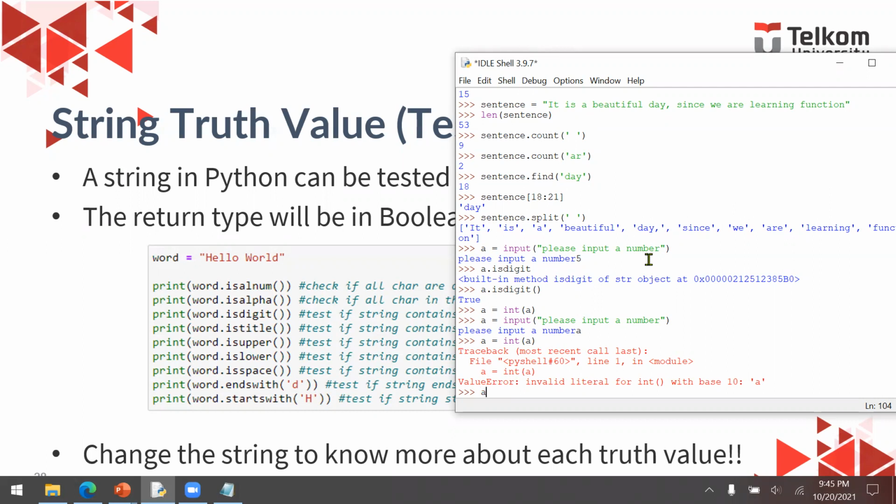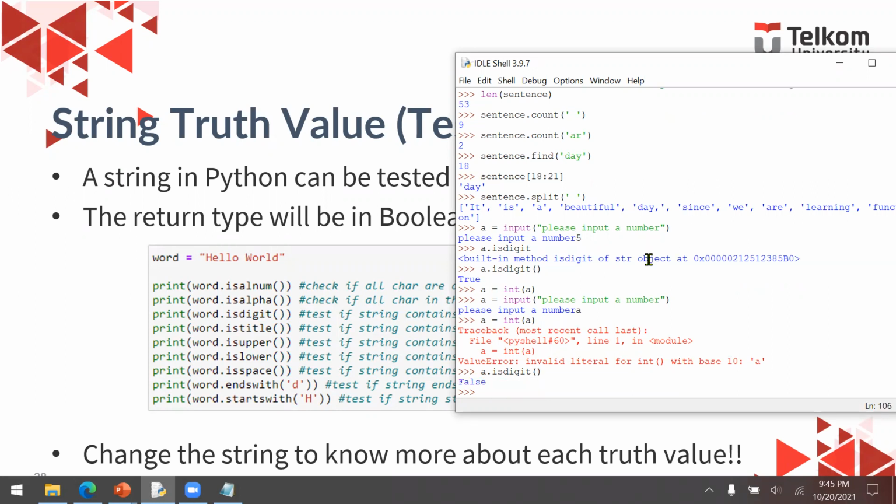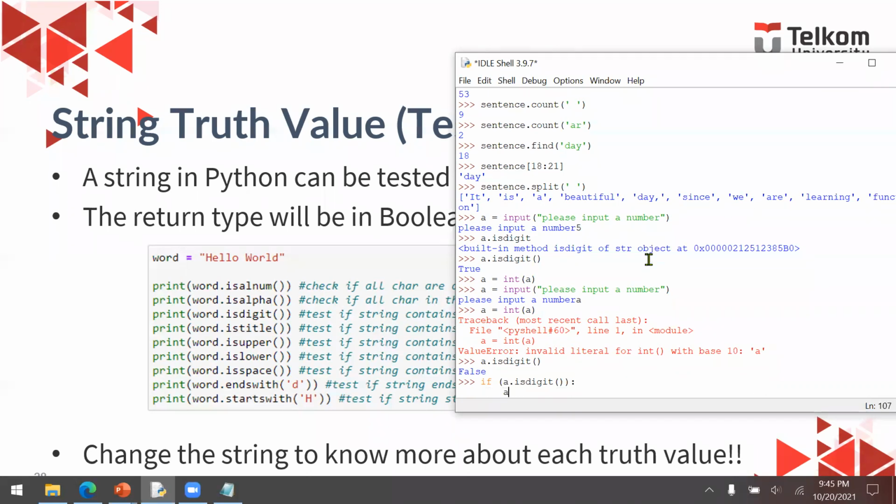So we can check A dot isdigit. If this one returns true, then we can safely use the casting integer. But if not, like in this case, false, then don't do the casting integer. So for example, like this, if A dot isdigit, then A, we can safely use the casting integer.